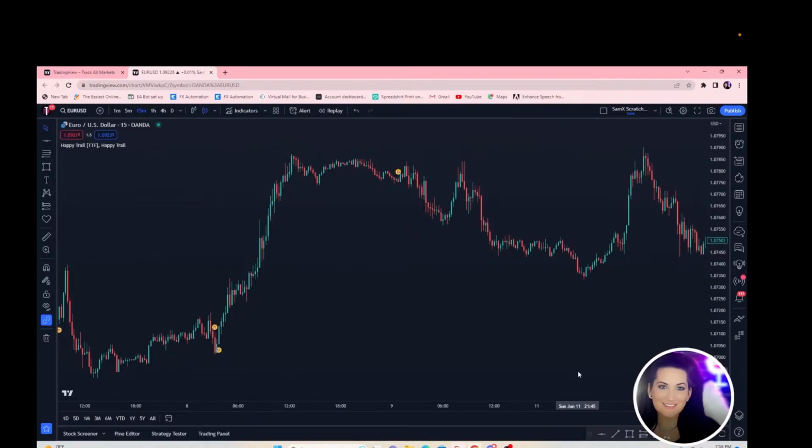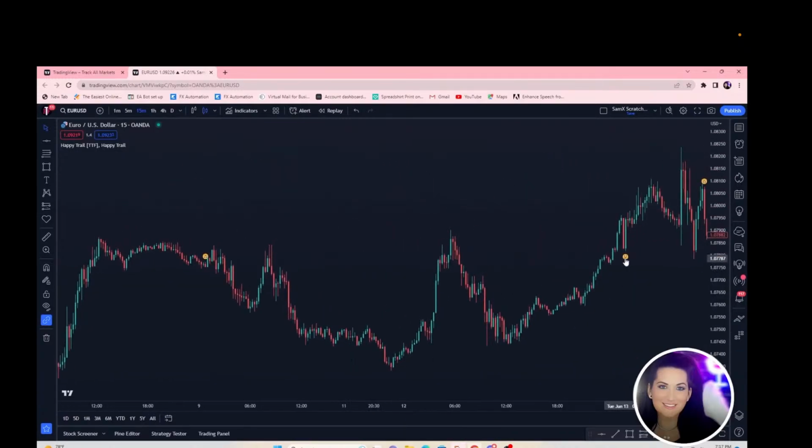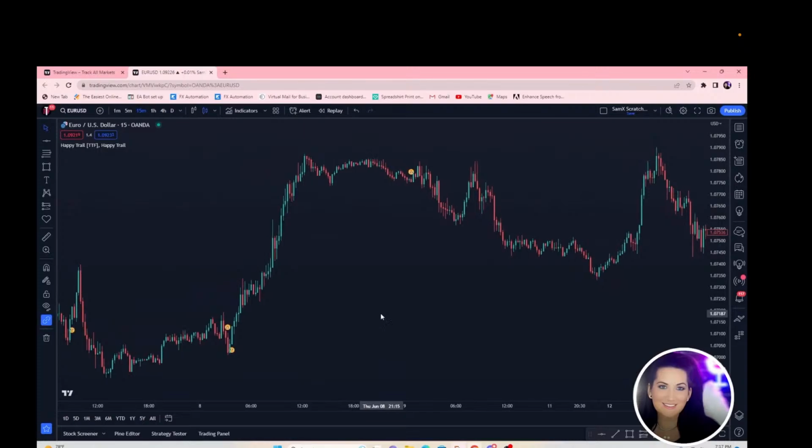For this version of Happy Trail, what you will see is that the signals will pull from the time frame that you have your TradingView set to. This case does not utilize a higher time frame bias. So you will just see signals that are printing and they will always be alternating, meaning you will only have a bullish signal followed by a bearish signal followed by another bullish signal. You will have fewer smiley faces when you are using case 4 because they will only be signaling when the market is sensing a full change in momentum and trend in the actual market for the time frame that